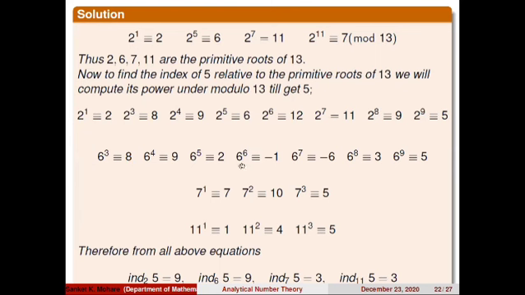So 8 into 8, how much? 64. What is the difference of 64 and minus 1? 64 minus of minus 1 is 65. As this difference is divisible by 13, that's why they are congruent by the definition of congruency. When we say that A is congruent to B modulo n, it means n divides the difference A minus B. So here the difference of 64 and minus 1 is divisible by 13. That's why that way also you can say they are congruent.